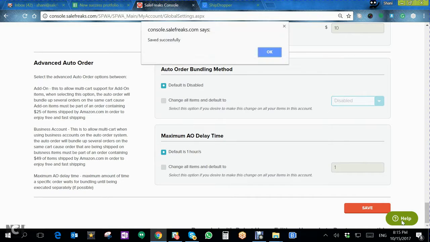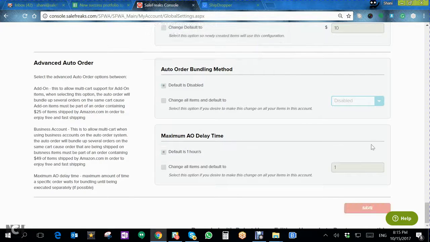By the way, this little help button, this is for any question you have for our technical support team. You can use this and open a ticket with them during the day hours from Israel. It would be 8 to 5. They're available on chat, and later on they're available for